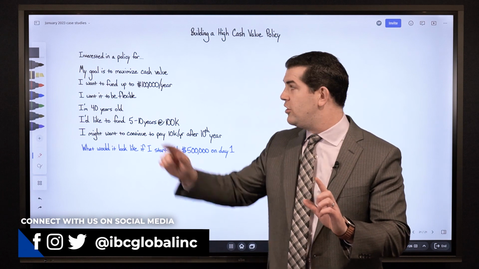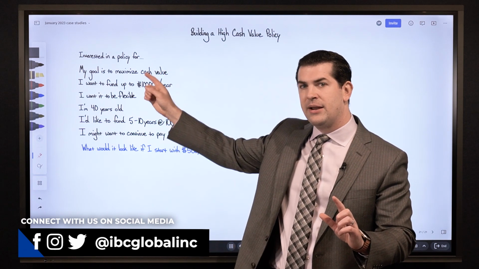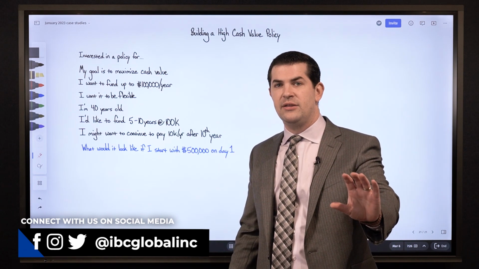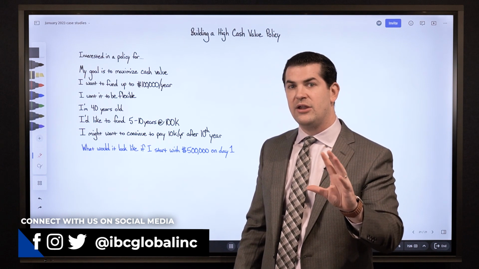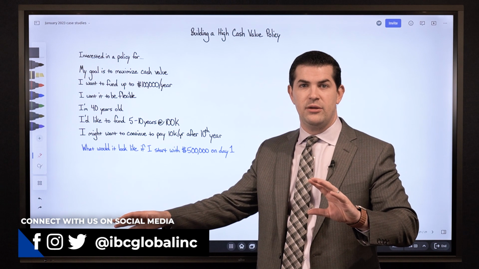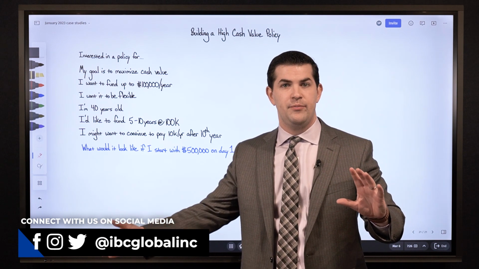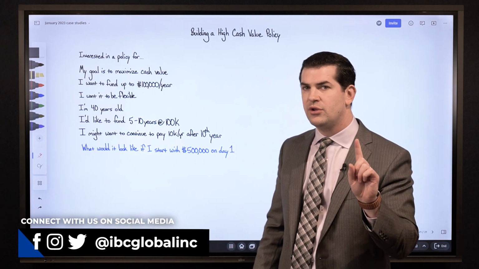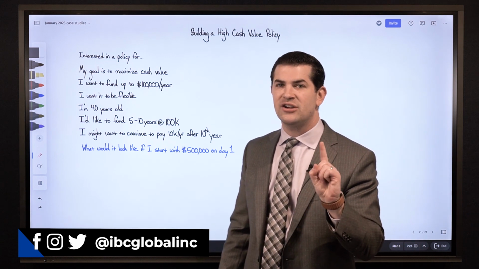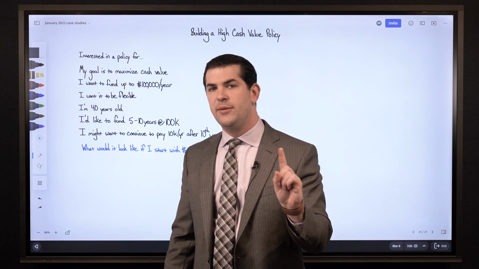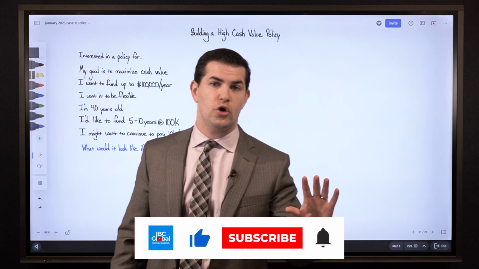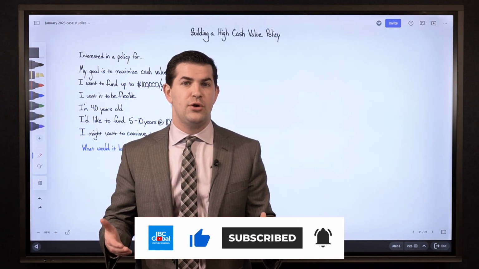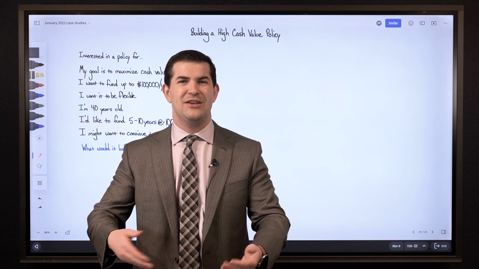But with that said, when one is interested in a policy, say it's for real estate, the number one goal is not showing loans and how they could use the policy for real estate. I want to make sure we show that very, very quickly. But the number one goal is this: maximizing the cash value of the policy, because if the cash value is maximized, both short-term and long-term, what that does for the policyholder is give them as much money as possible to